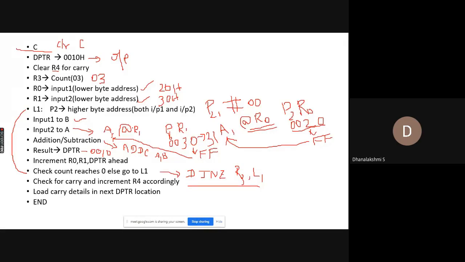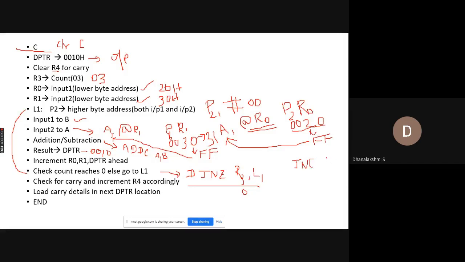Okay, so again we are continuing with the loop and we are completing all the iterations. So after the completion, what becomes? Your R3 becomes 0, right? Once it becomes 0, it just comes out of the loop. Okay, so now you have to check whether the carry flag is filled or not. So for that you are having an instruction JNC, jump on no carry.